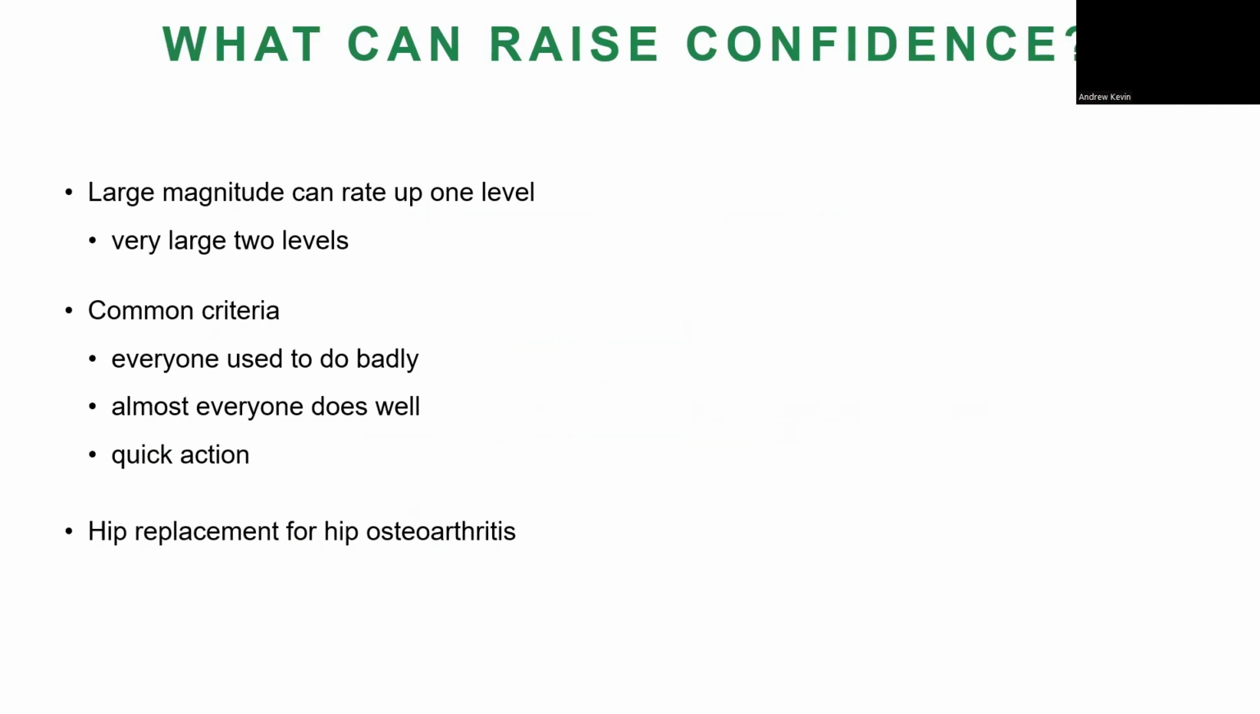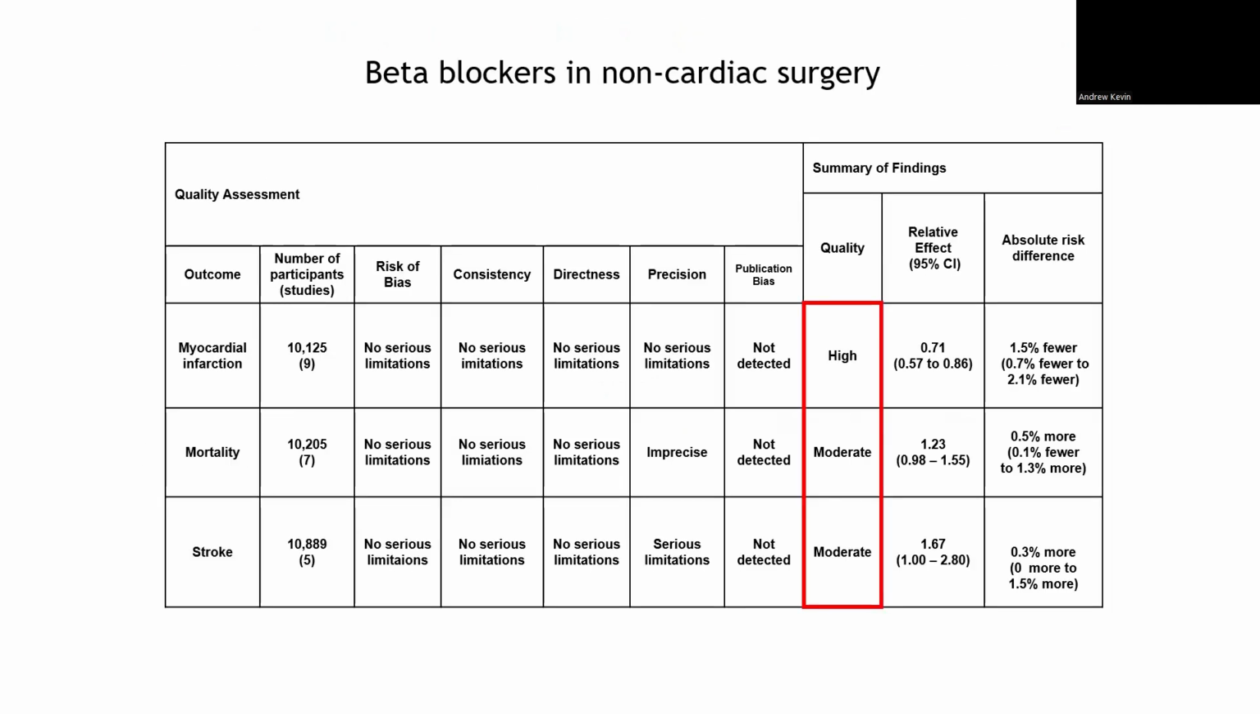Like I said, a large outcome effect. Second thing is that if everyone used to do badly before the intervention, then post the intervention, everyone does well. And if it's a very rapid action, for instance, you can look at hip replacement for osteoarthritis. So at the end of grading evidence, you would end up with a summary like this, where here we have